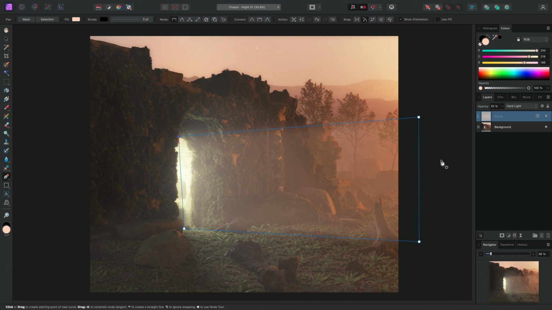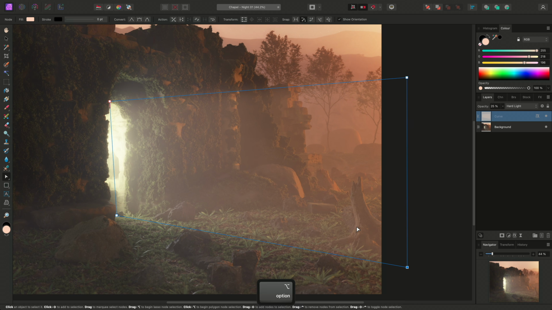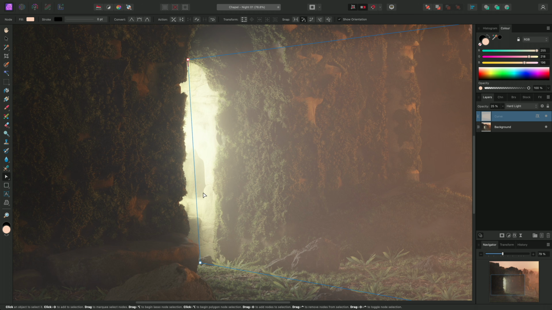Now I'll tidy up the curve nodes. Because I already have the pen tool selected, I can use P again to switch to the node tool, and this allows us to modify existing nodes and create new ones if required. I could, for example, click-drag on the bottom right node and move it down further to expand the spread of the volumetric light. I could also do the same to the top node. If I wanted to improve the accuracy of the curve around the entrance, I could single-click along the line to add more nodes, then drag them into place,